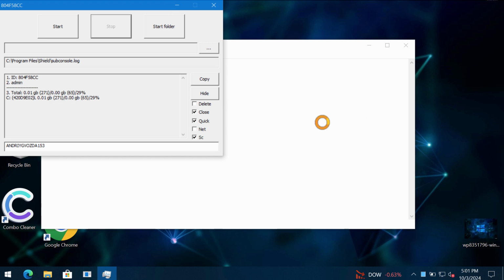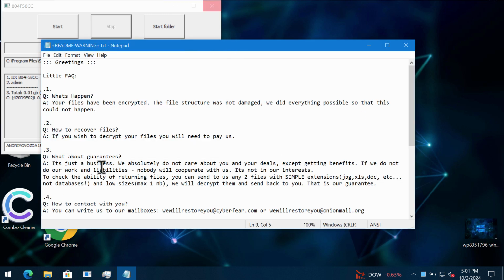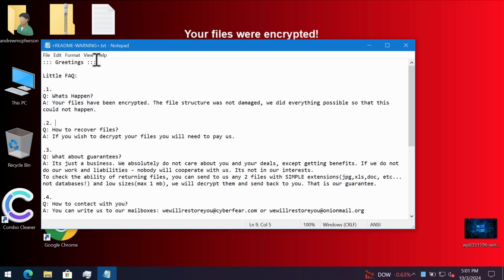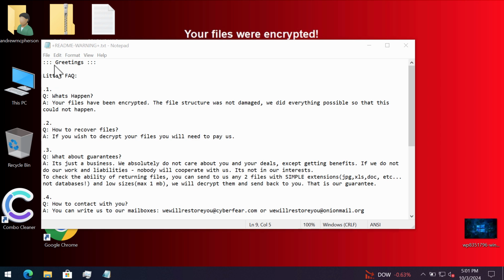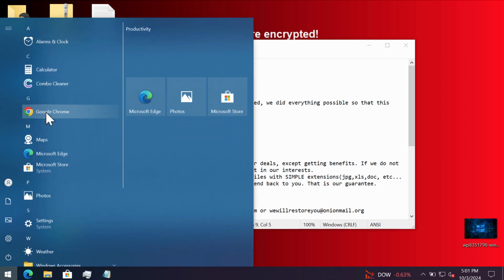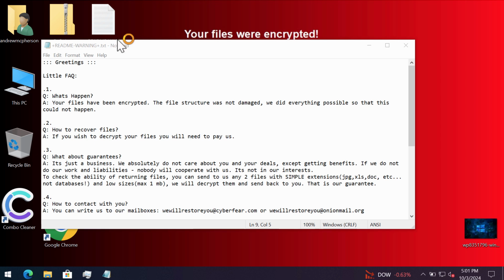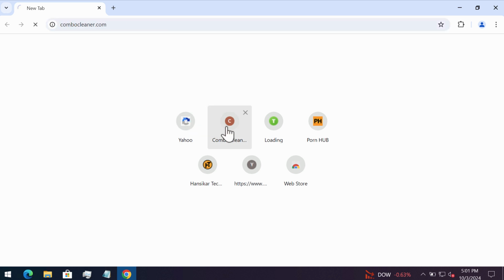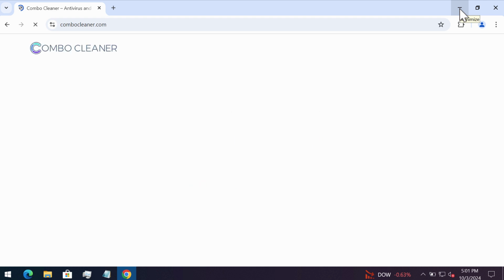I recommend you to remove this horrible ransomware with the help of reliable antivirus such as Combo Cleaner, which you may get on the website combocleaner.com. So through either of your available browsers, go to the website combocleaner.com. In our case, we are getting there from the Google Chrome browser. So go to the website combocleaner.com, download the software Combo Cleaner Antivirus and Anti-Ransomware, install the software,